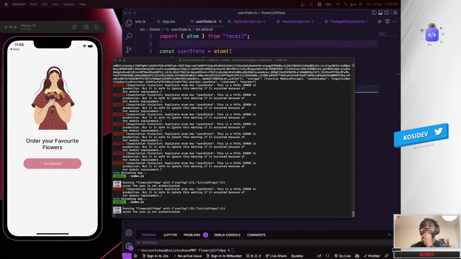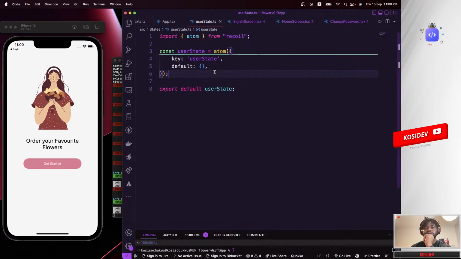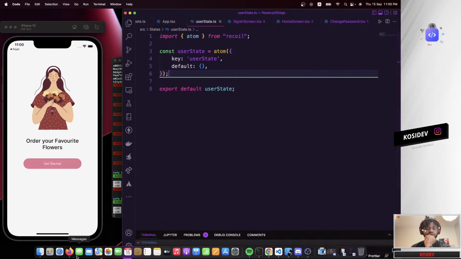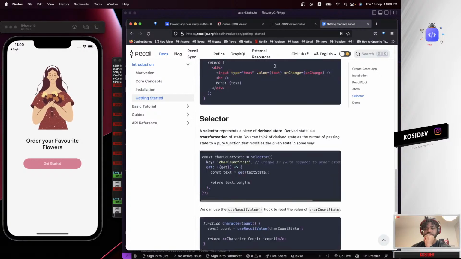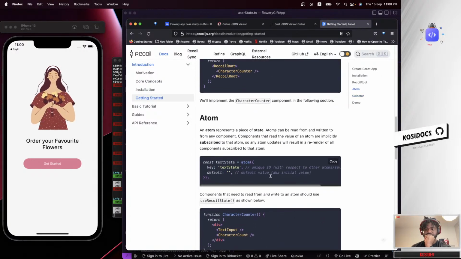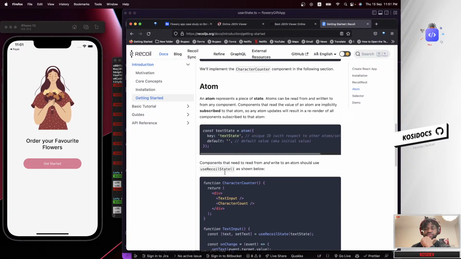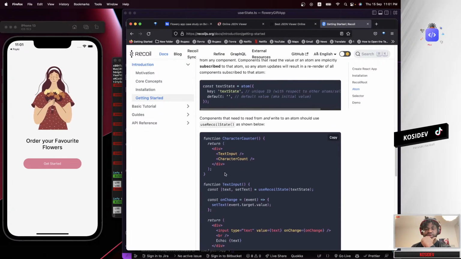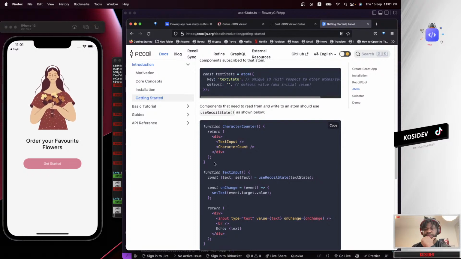We're actually doing everything in the right way with Recoil. So we created a Recoil state, we got hold of the state, the Recoil state which we created right here. That's on the default value. It's an empty object, and